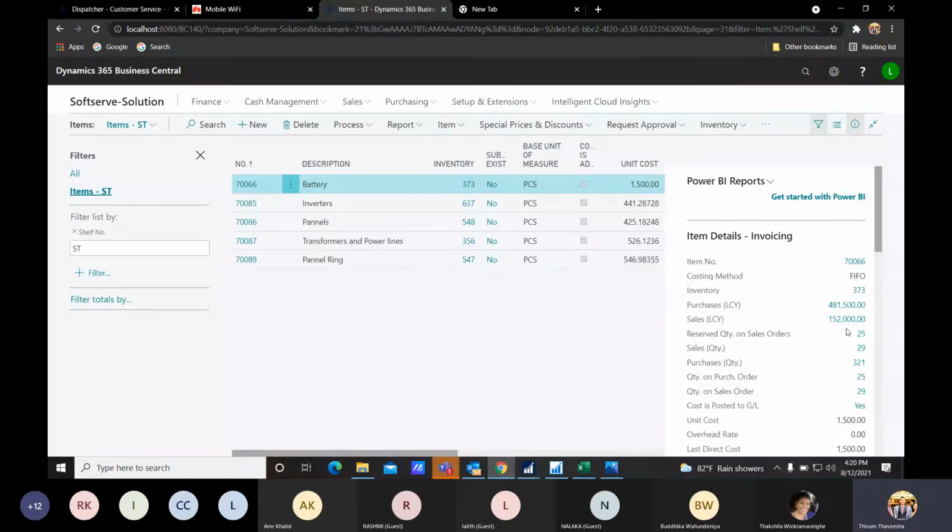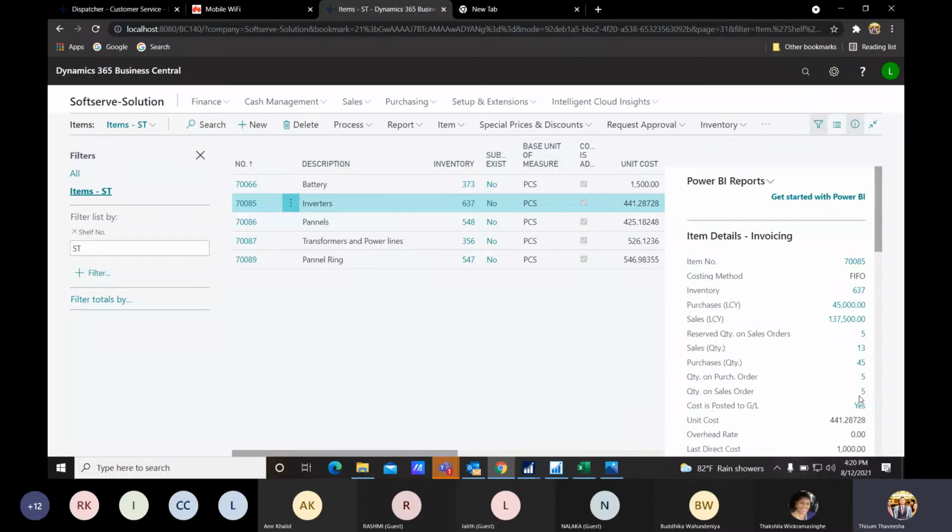So statistics can be measured through this item list. If I press here the inverter, it will change. Sales quantity is 13, purchases quantity is 45, quantity on purchase order is 5, quantity on sales order is 5. So from the item list, we can get the summary detail of the statistics of this item.